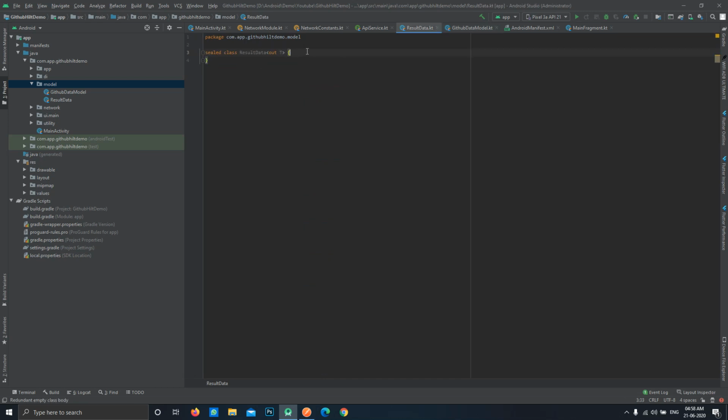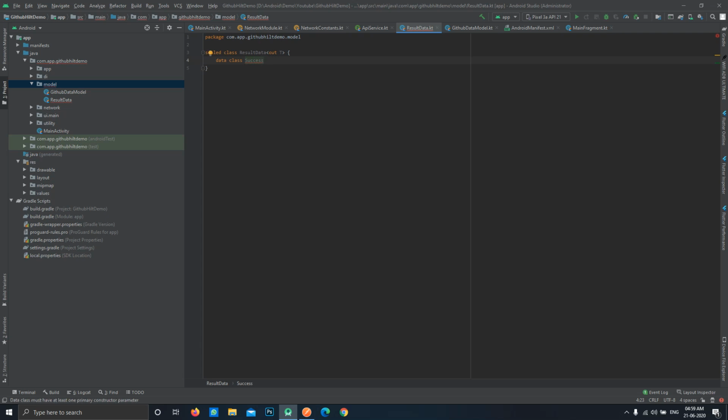Now what we need to do is create further data classes inside this. These will be like our type classes, and they will define the type of thing that happened after we called the API. These can be status types, like loading, success, failure, exception, anything like that. So let's create a status type. Let's say it's Success.